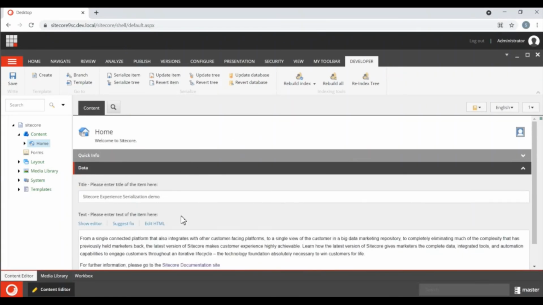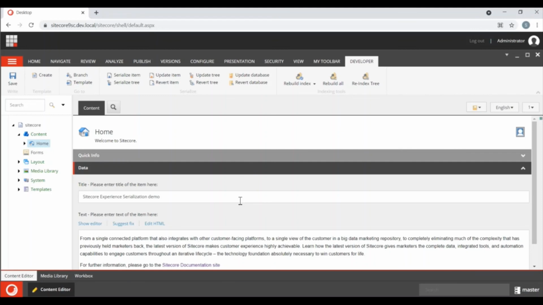Now the item reverted to the original state. This is a simple demo where you can serialize an item, or you can serialize a tree, and by clicking revert tree or update tree, you can revert it. You can redeploy the serialization item.